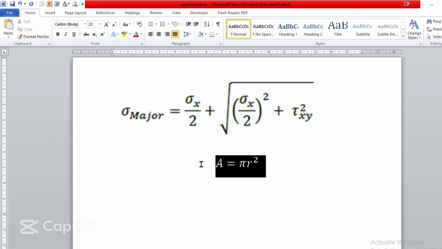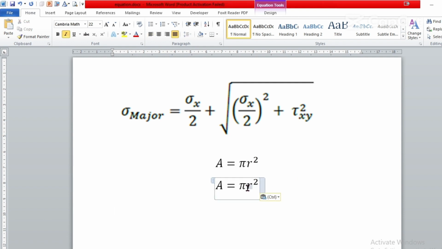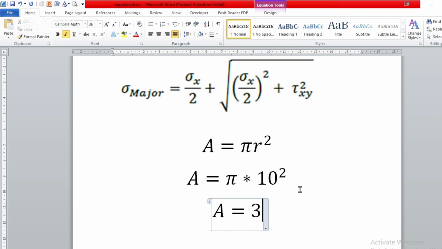So you can even modify this one. You can select, you can copy, for instance. If you copy, then paste, and even you can say pi times, for instance, r can be 10. So you can replace the values. Even you can again copy this value and paste, and this can be, for instance,